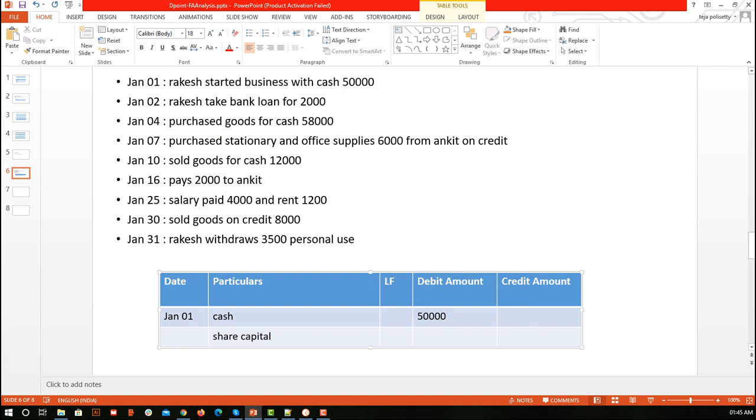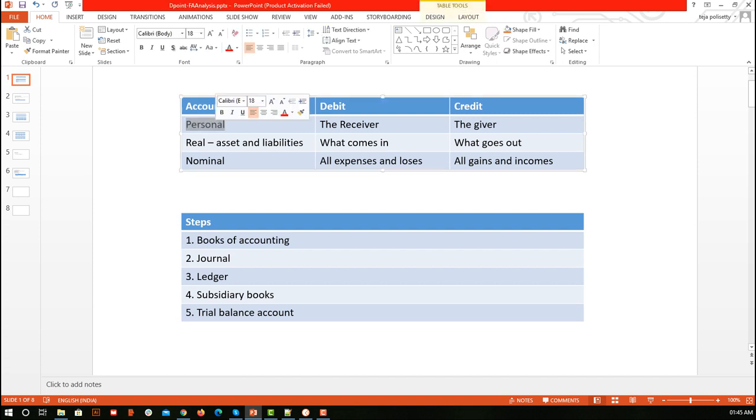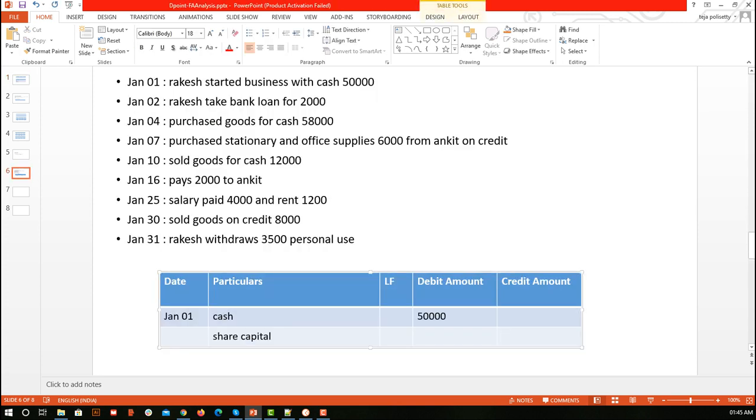Of course you can think the other one is going to be in the credit account. That is cool, but when we are trying to understand, that is not the correct format. So share capital, what is happening? Share capital is nothing but a personal account, and in that account money is going out. So we have a personal account and money is going out, means it is giving, so that is a credit. That's how we read it. So here I am going to write 50,000 credit.